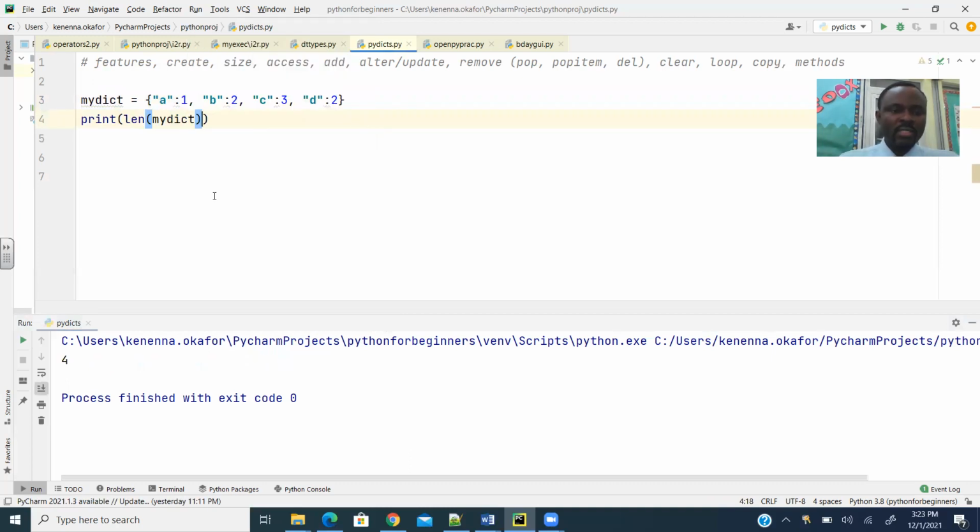So that gives us 4, and you can see that that is true. A, B, C, D, making 4 items, 4 key value pairs. So that's how you get the size of a dictionary in Python. Right, guys. Now let's go to